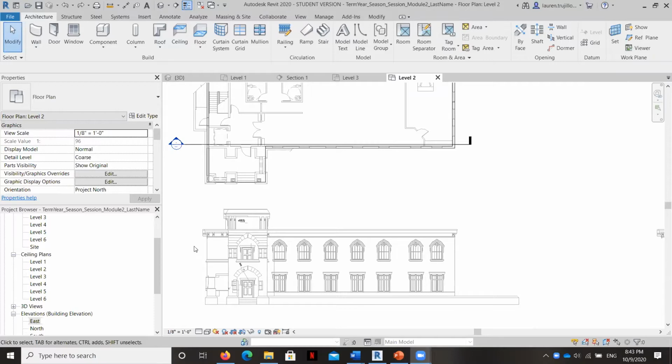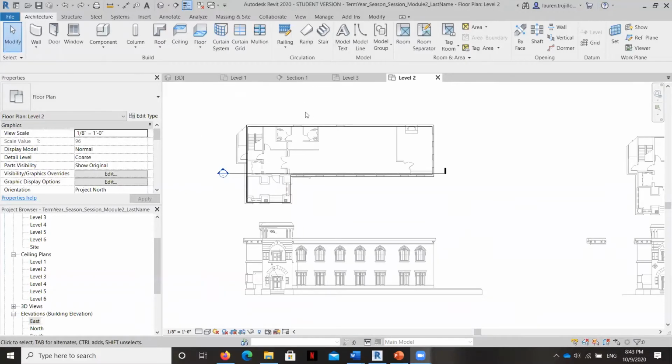So for right now, we're just going to focus on the walls that you see here that go from this level one all the way up to here. We've got the roof above, which we're going to have to create a cornice for. So these are going to be masonry walls on the exterior, and then we're going to create interior walls that are both fire rated around the stairs and then address the plumbing walls as well.